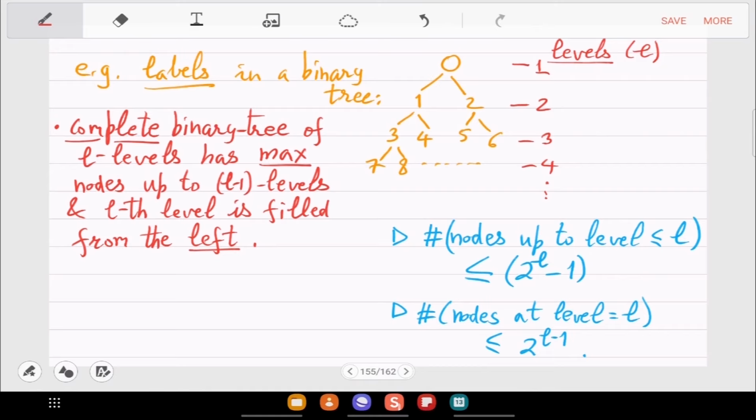So in particular, what is not allowed is something like this. Okay, so this is not a complete binary tree in this course, because if you want to have a fourth element, this 3, then it should be present where? Should be a left child of 1.